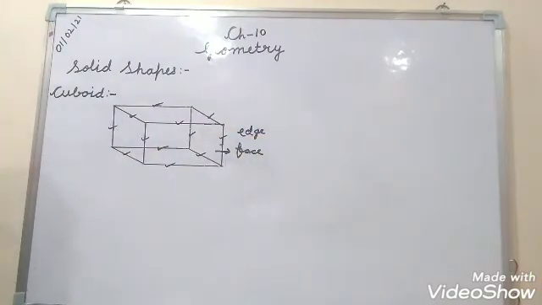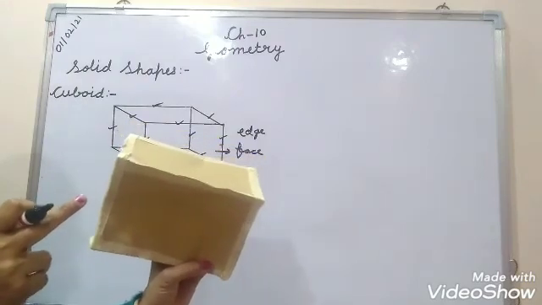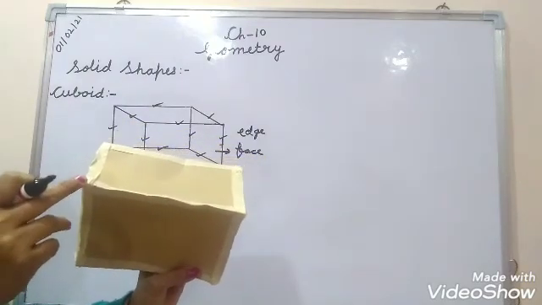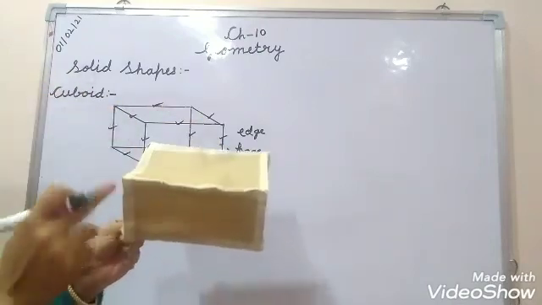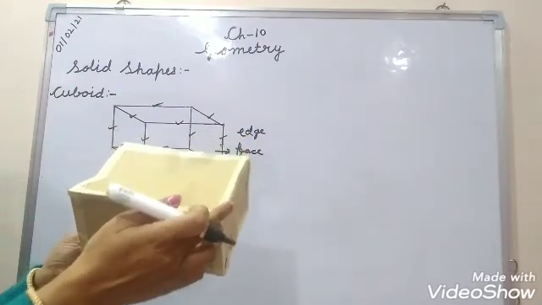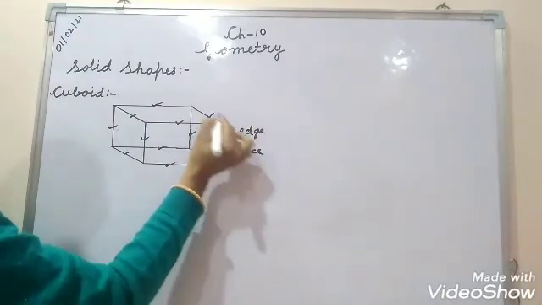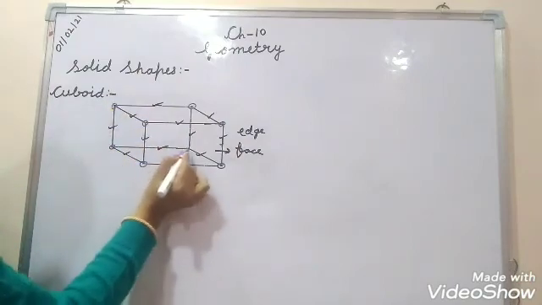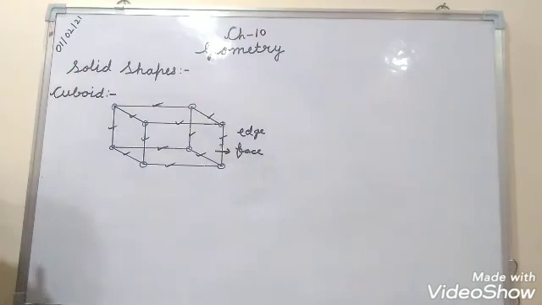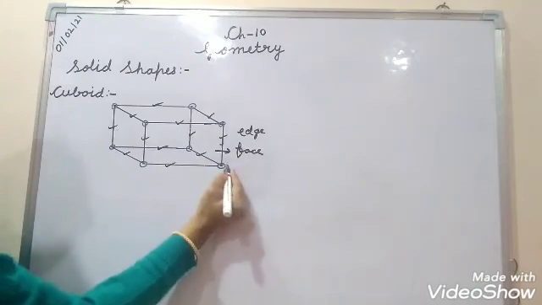Now what is left here? Here the edges are meeting at a point, that is called a corner, as I taught you in the cube. How many corners are there? You count 1, 2, 3, 4 at top, and here 5, 6, 7, 8. How many corners? You count here. That is 1, 2, 3, 4, 5, 6, 7, 8. Where edges are meeting, here you can see that 1, 2 and 3 edges are meeting here. So it is called a corner.